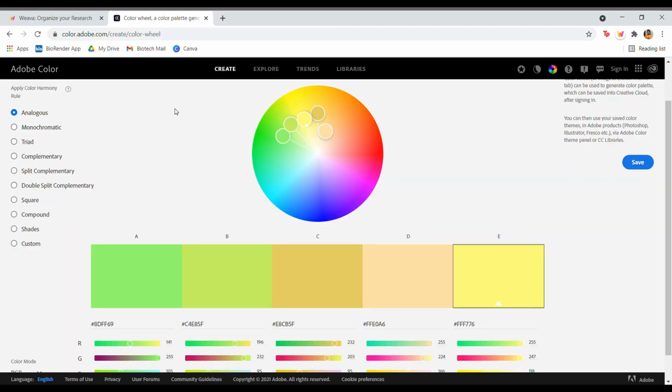I am currently on the Adobe Color Wheel website. If you search Adobe Color Wheel on Google, you'll be able to find it. Now, usually you have a vague idea as to what color you want your presentation to be or your background to be. I have chosen this particular shade of yellow, and I'm going to make this my base color by